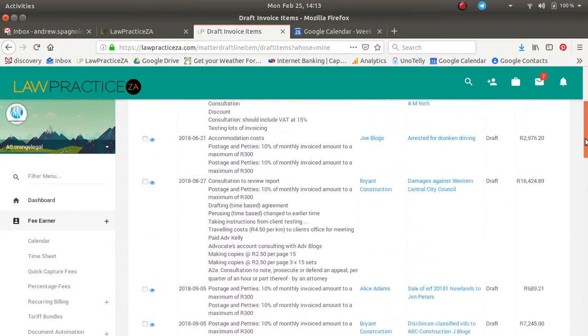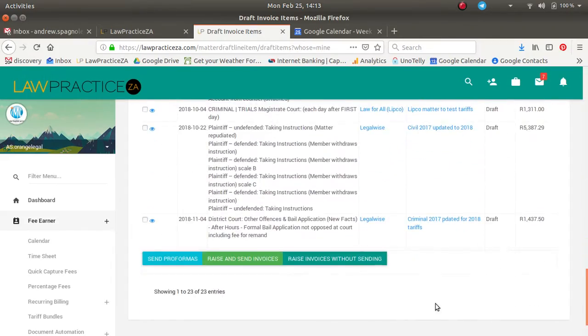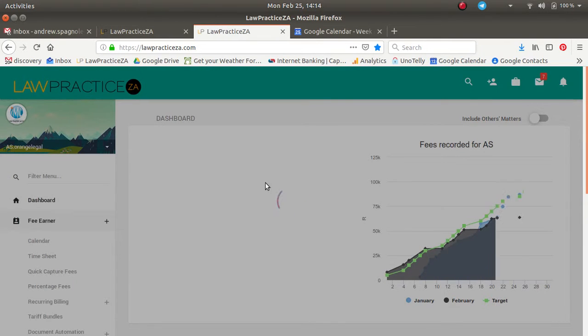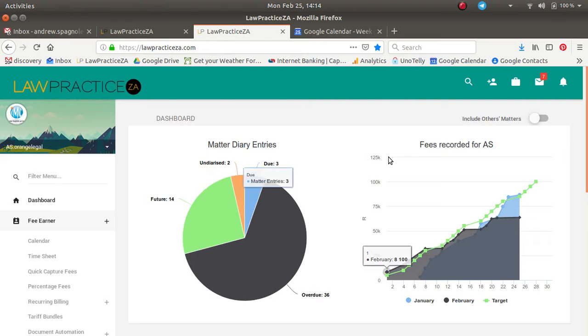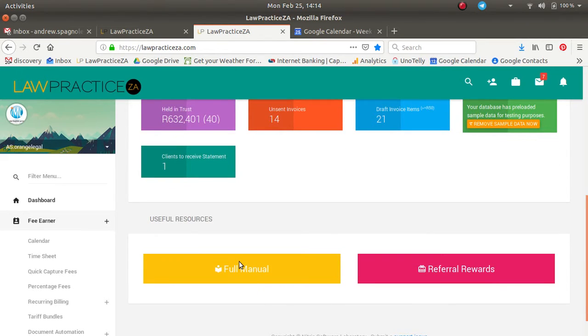Okay. And you can selectively, you could select all of these with one click and send pro formas to everybody, raise an invoice or raise without sending, or you could do it selectively. I could say just those two. So if I go back to my dashboard, that's just some of the very basics, but what I would like to show you is if I scroll down and I say full manual,